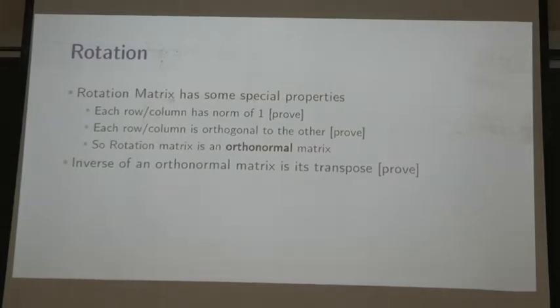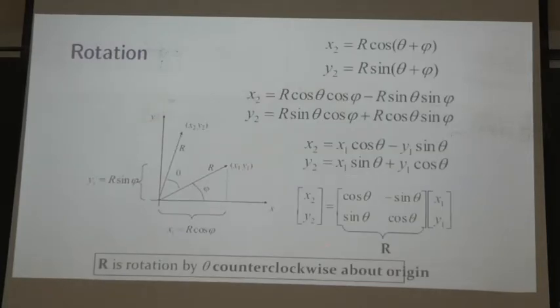Okay? How do you prove that? How do you find the norm of a vector x, y? You say square root of x square plus y square. That's the L2 norm. Okay? Which is just the distance formula or length, right? So in this case you have cosine theta and sine theta, so cos square theta plus sine square theta, you know by the trigonometric identity is 1. So indeed the length of the first column and the length of the second column is 1. Cosine square theta plus sine square theta is 1. Sine square theta plus cosine square theta, that's again 1. It doesn't really matter whether you do it this way or that way, you will still get length of 1. So every row and every column.